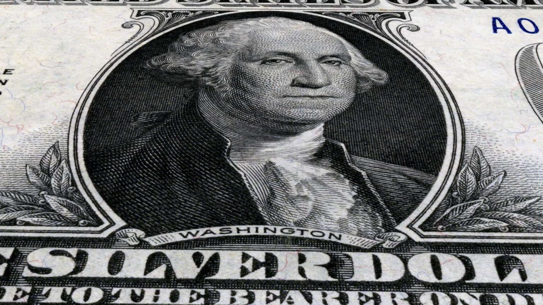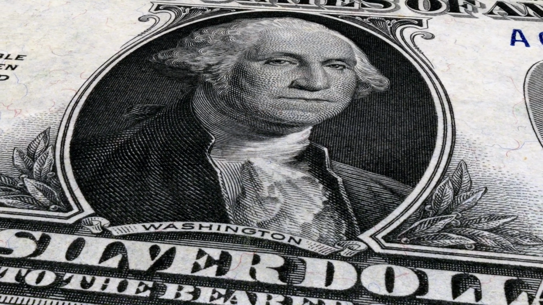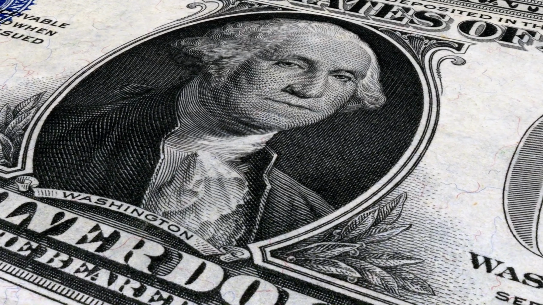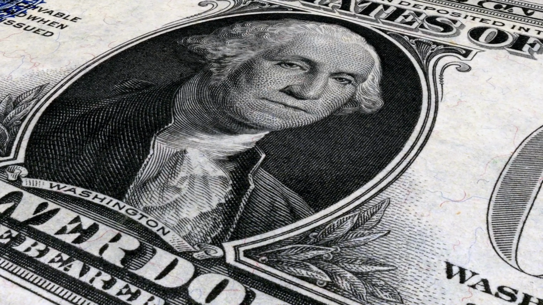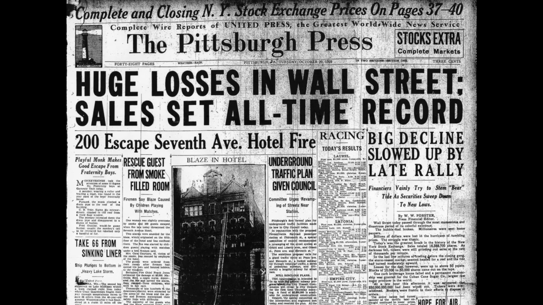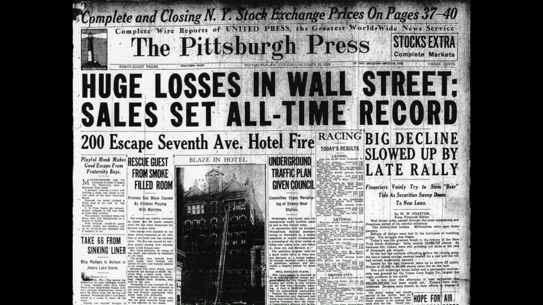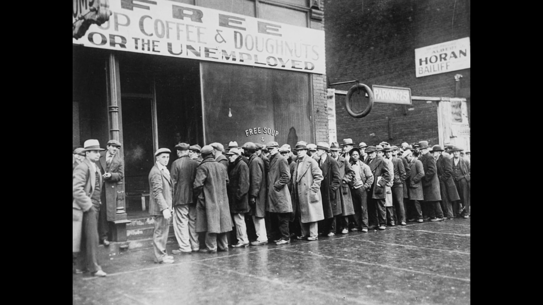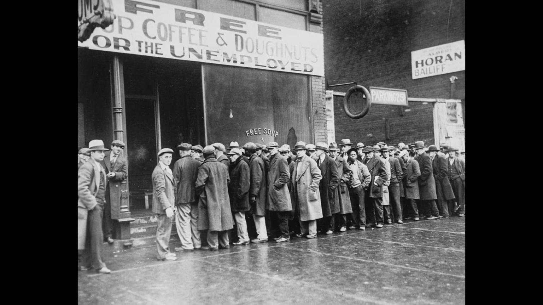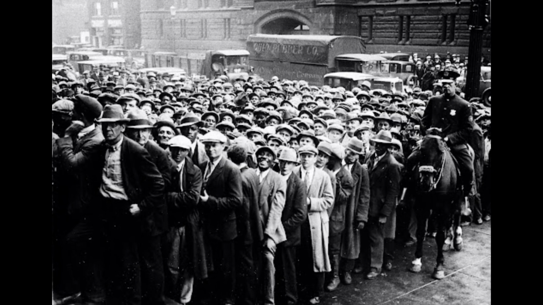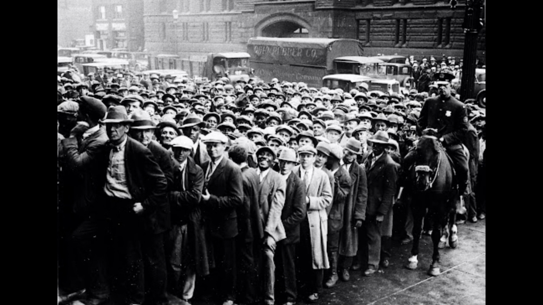Key factors. Keynesians highlight the role of sticky wages and prices in deepening the depression. In a deflationary environment, as seen during the 1930s, prices fell, but wages did not adjust as quickly. This mismatch led to reduced profits for businesses, forcing them to cut production and lay off workers, further reducing demand. The lack of timely and adequate government intervention allowed the economy to spiral downward as private sector demand continued to